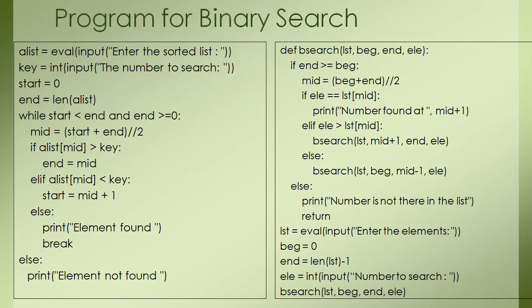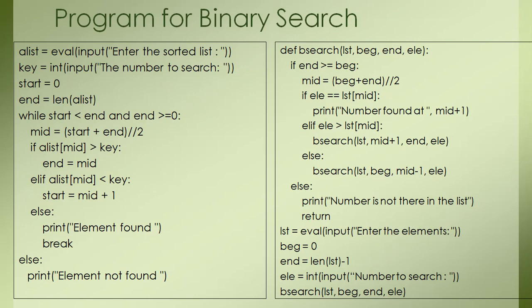If you are having a list of fewer elements, then the sequential search is very good. You can apply it. It is good. But if you are having a large number of elements in your list, then you must go for binary search to avoid that execution time. Okay, so if you are having a list of 1 lakh elements and you are using binary search, you will be able to find your element in less than 20 searches.